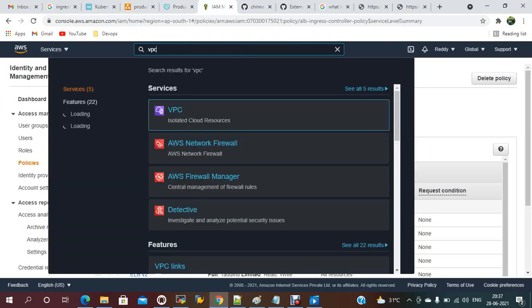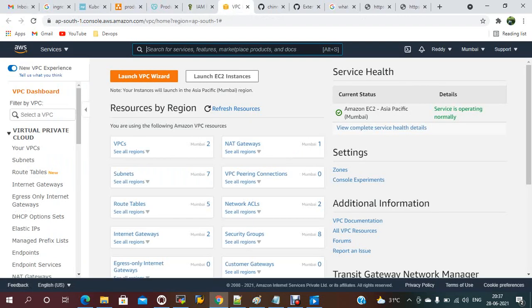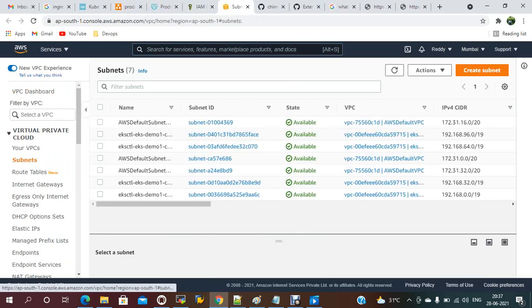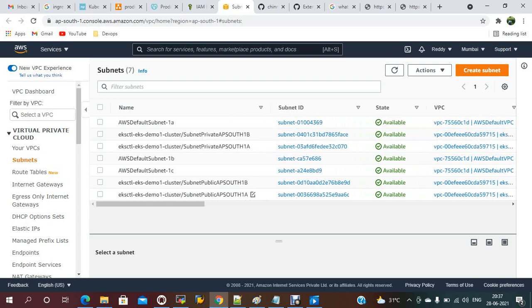Under VPC, we have subnets, right? Subnets. We have public subnets. We have to update this EKS demo public subnet.